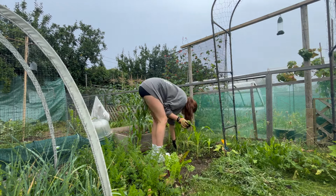What I might do now, hopefully you can hear me with the planes, is take all the carrots out, because I think they're nearly ready to go. Because I think there's a lot of bindweed under here, and it's all seeping through into the leeks as well, and I really need to get that done because I didn't do that one last time. And then I'm just going to move over to here and just try and neaten it up a little bit,